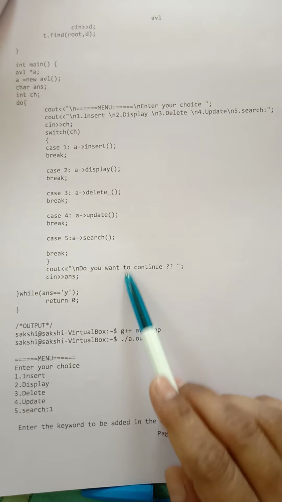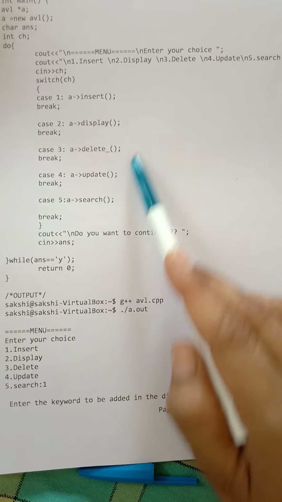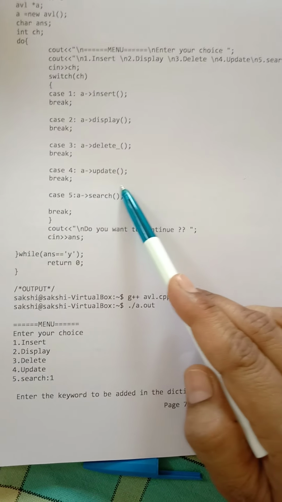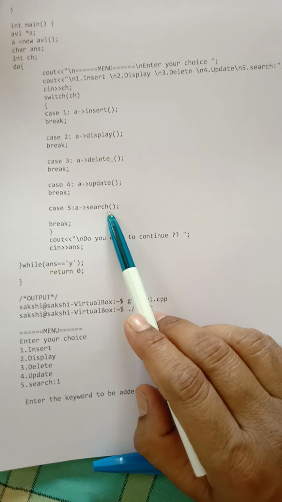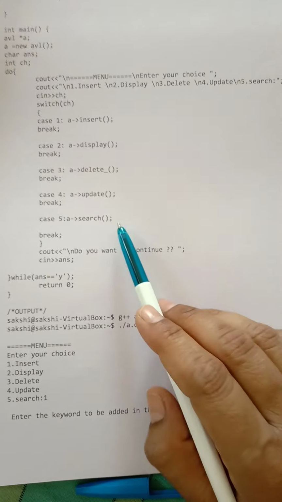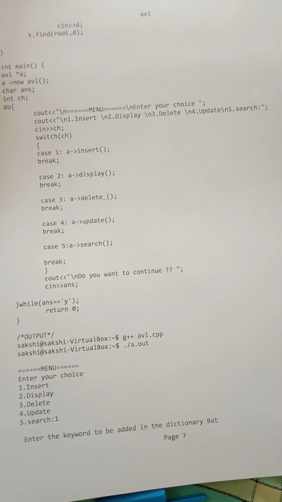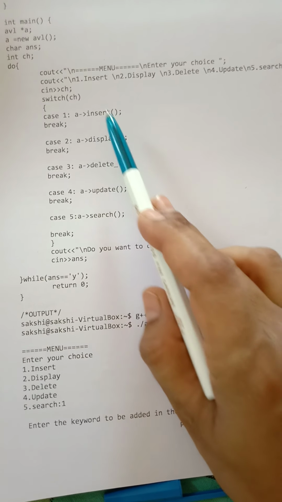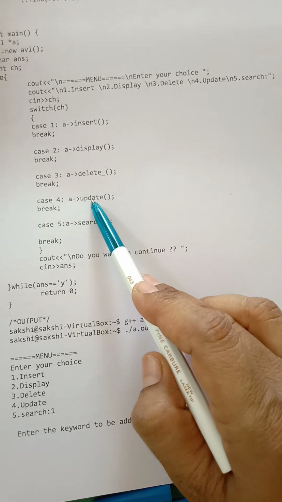And this is your main function: insert, display, delete, update, search. These operations you have to perform on the AVL tree. Now in the exam, if you have an AVL tree program, or if you collect the cheat which consists of AVL, then at least do 3 functions: insert, display, and then either delete, or update and search.